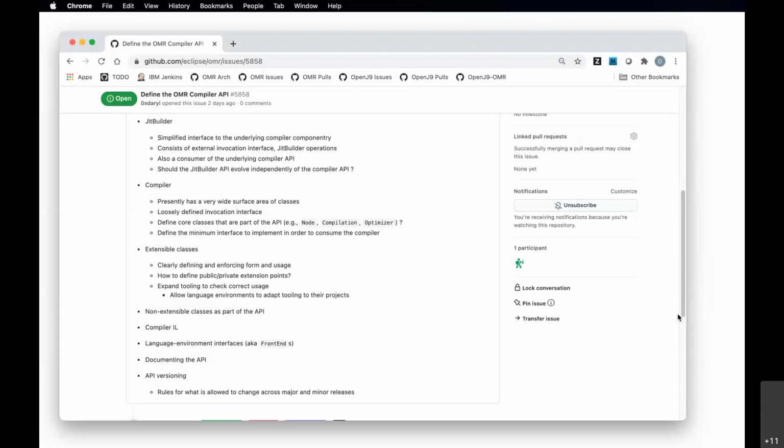Certainly if anybody has alternative thoughts on extensible classes, soon would be the right time to raise that. But if we're going to go forward with extensible classes, I think there are some changes we can make to make them more API ready.